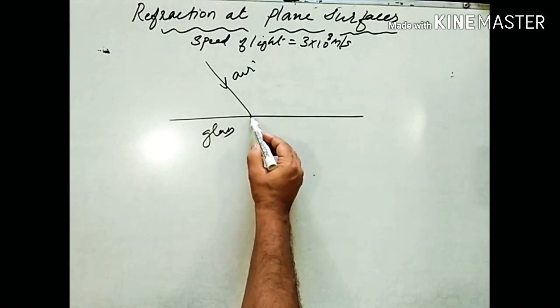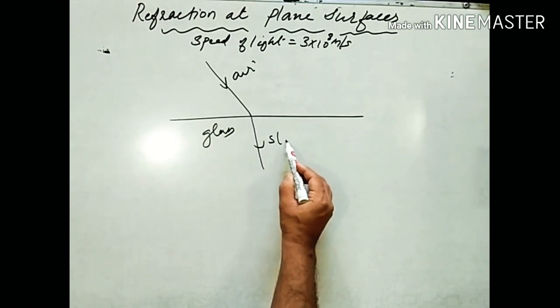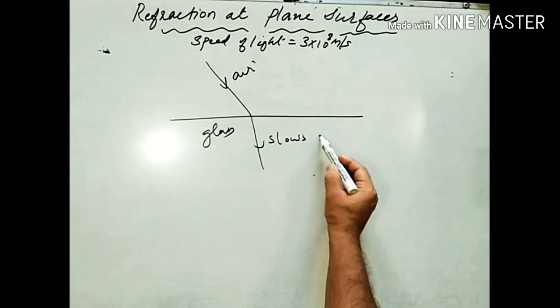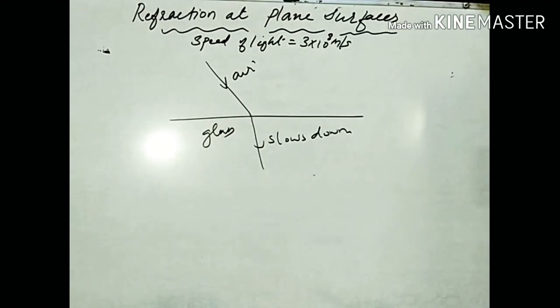The speed of light slows down. Okay, the speed of light changes. You know, when you are driving on a smooth macadamized expressway, you get maximum speed and your drive is very smooth. Imagine suddenly a bumpy or an unmacadamized road comes in front of you. What will happen? Your speed decreases, right?